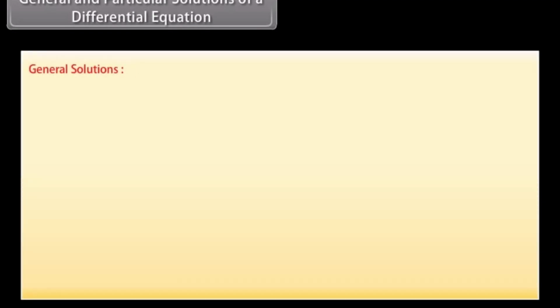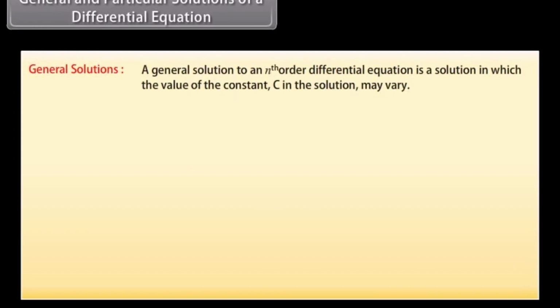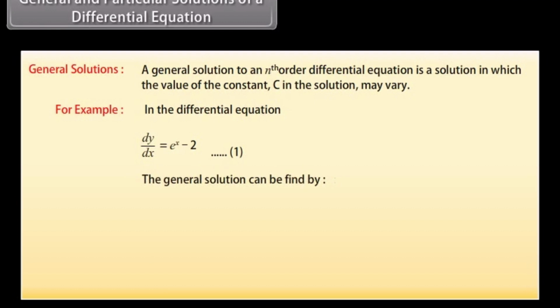General and particular solutions of a differential equation. General solutions. A general solution to an nth order differential equation is a solution in which the value of the constant c in the solution may vary. For example, in the differential equation, dy by dx equals e raised to the power x minus 2, name it as 1. The general solution can be found by